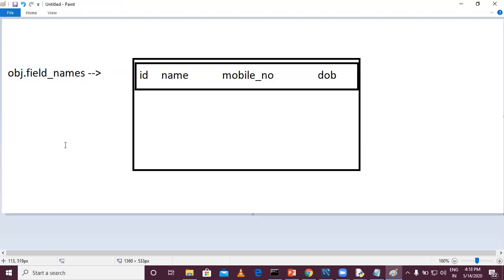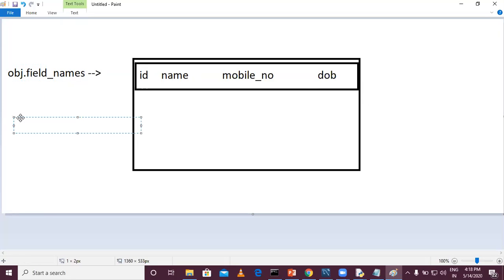Okay. Then now I want to insert the records. For records insertion, use the object name. What is the object name? obj, and add_row, and you give the records. The record length should be 4 elements, 1, 2, 3, 4, because ID should be there, name should be there, mobile number and DOB should be there. Okay, so that we are already getting from the MySQL database by using the Python program.